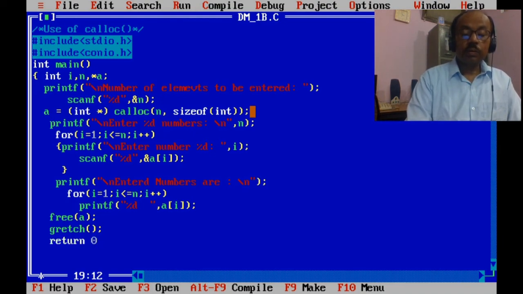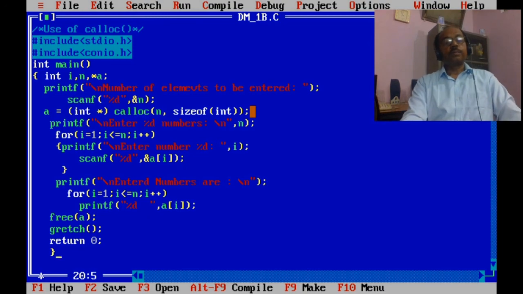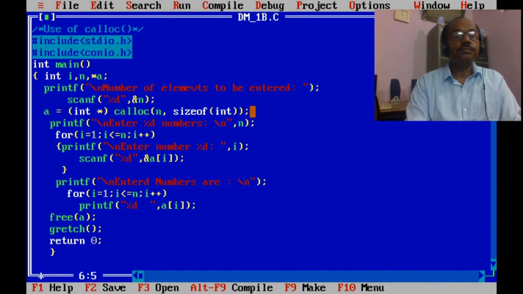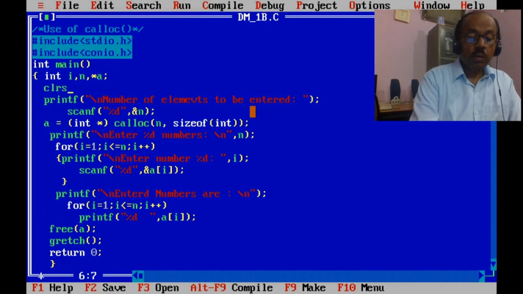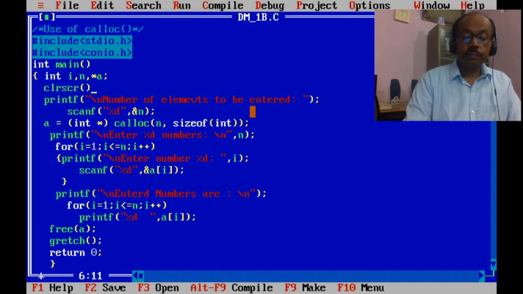Return 0 here. Here we may use a command to clear the screen.